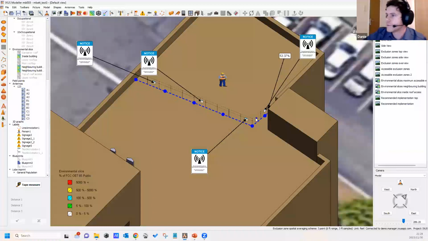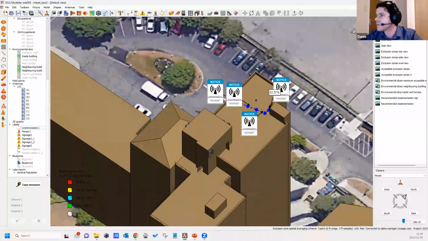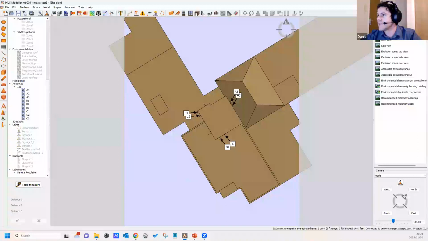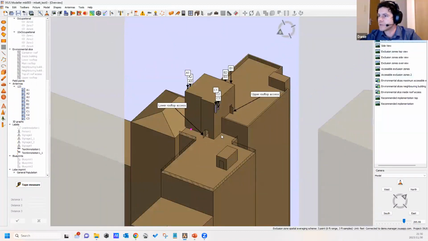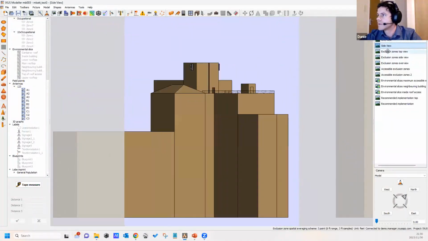So after we've now established where we need to demarcate or add specific signage, the next step is to prepare this site for reporting. In that case, what we would do is start adding pictures in our modeler. For example, over here we have a site plan picture, essentially a picture of what the building looks like from the top, and an overview picture also indicating some access points, a side view, and then we start